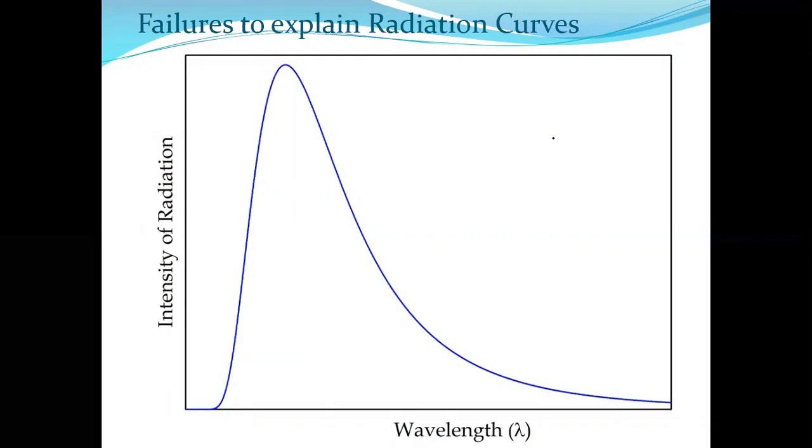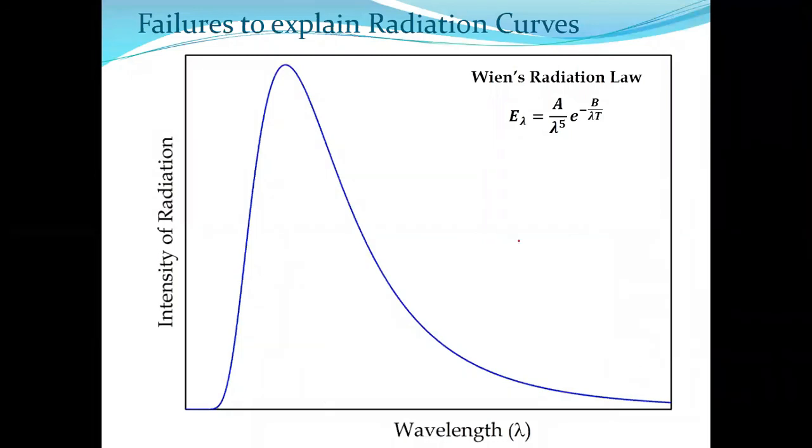What are those attempts? The first great attempt was by Wien again. That is called Wien's radiation law. One thing you understand from the previous graphs is that the intensity of radiation, or E lambda, depends on wavelength as well as temperature, because we have seen if the temperature is changed, the curve is changed. If the wavelength is changed, the curve is changed. So it is a function of wavelength and temperature, no doubt about it. So in Wien's radiation law also, we observe that it depends on wavelength and temperature.